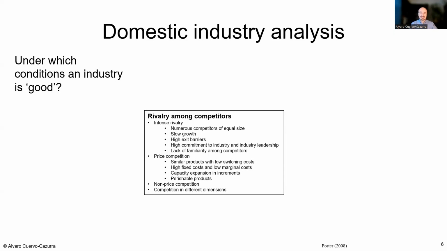Therefore, it basically leads to more competition on the basis of price. And the same thing with capacity. If I can only start producing with a very large minimum capacity, that means that all of a sudden, if I want to extend, I can produce more, I reach maximum capacity in my plant, and then I have to create another plant which has a minimum capacity. It's a story again of fixed costs. All of a sudden, I have an incentive in that second plant to try to overproduce so that I can reduce my per unit cost. And then